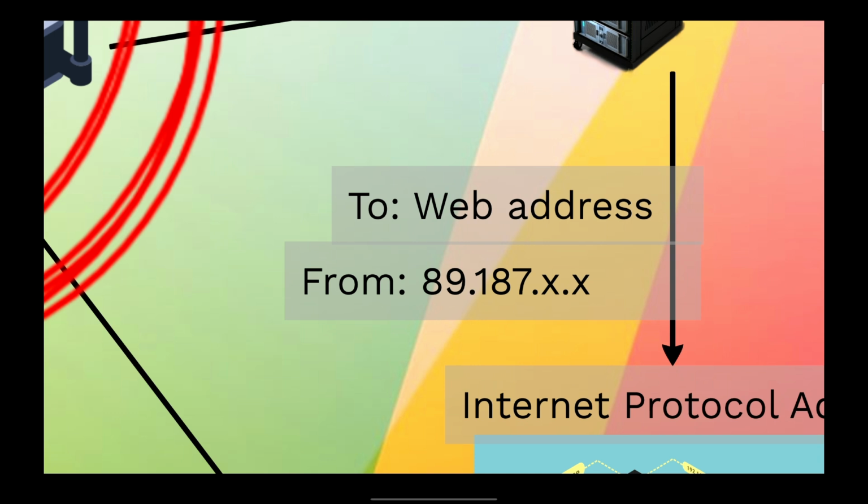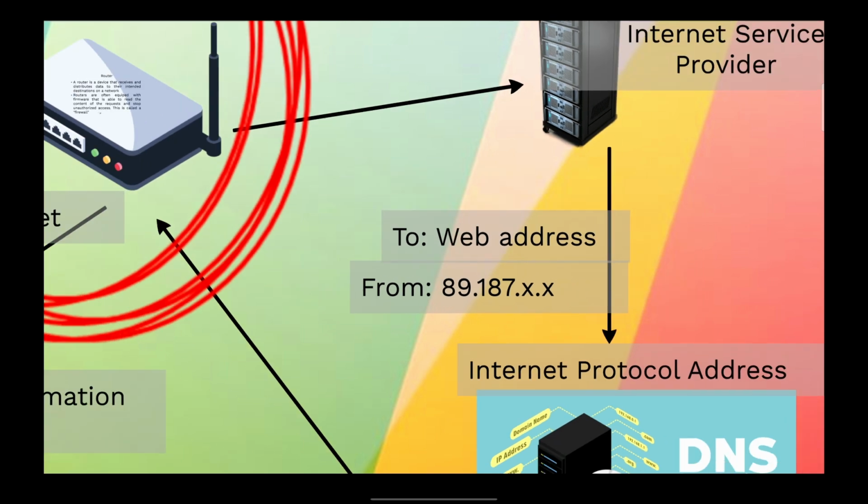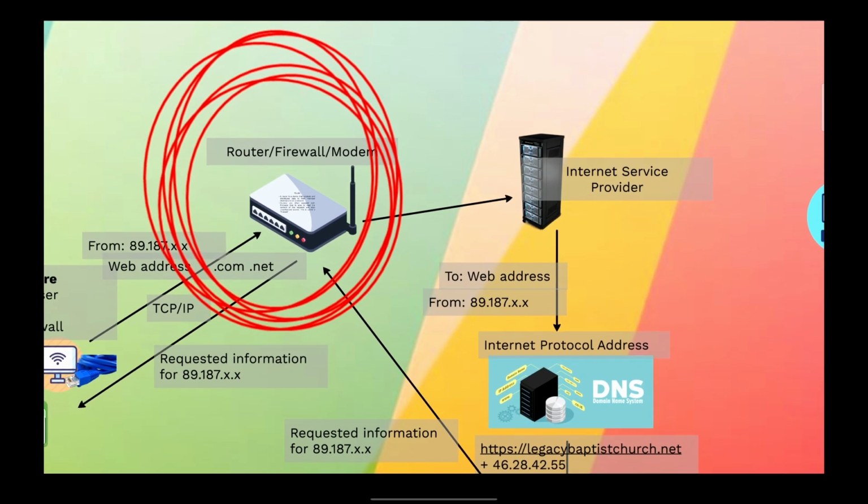Whatever internet service provider you have, when you send something to your router, legacybaptistchurch.net, and the router knows which computer it's from, and then the web address. So it comes to the router, and the router will send the IP address. Usually it'll send the IP address, not necessarily of the direct computer. It'll send actually the IP address of your modem. And it'll send the IP address of your modem, the web address that you want, to whatever service provider. They will then send it to a domain name system, the web address, and the IP.